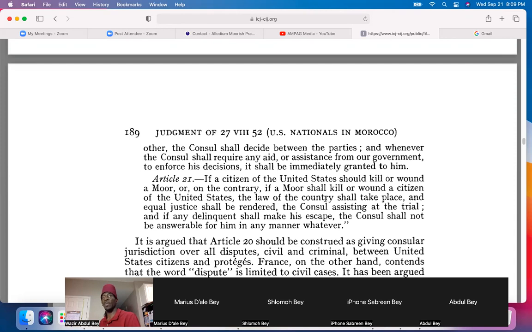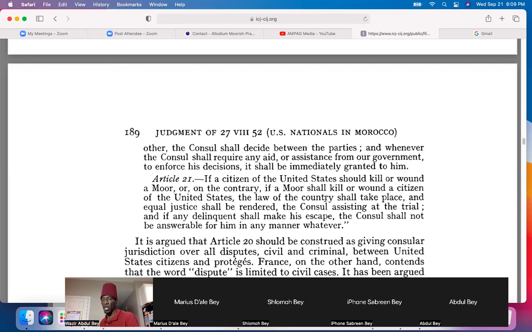You're not a descendant of Moroccans born in America, and then therefore suddenly now you're just something else. But the reason why that was being said is because you was born in America. How? Because you was naturalized, adopted into the foreign jurisdiction against your consent. And even worse, against the Moroccan government's consent. But they know who we are. They're calling out Article 21, and it's telling you who is who right there.